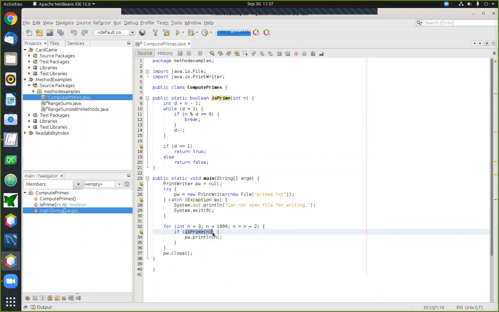Right, and another way you could do this, if you wanted to be even more explicit about what's going on here, you could actually do a comparison here. You could do this. This is basically saying, let's call the is prime method, and let's look to see what answer comes back from it. And if that answer equals true, then we've passed the test. Some people may prefer that because it's a little bit more explicit what's going on here. We're calling a method that's going to return an answer, and then whatever answer comes back, we're going to compare that to true, and if it is true, we'll say that we passed the test.